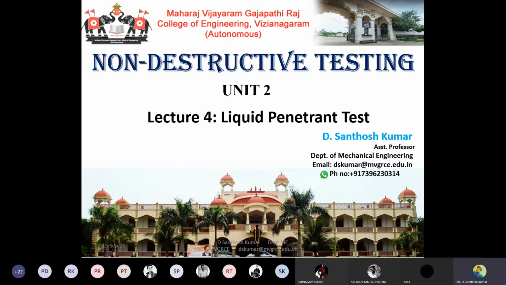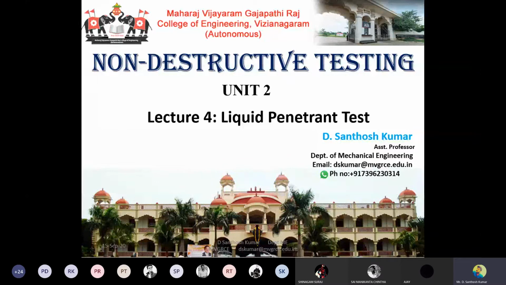In the last lecture, we discussed the visual inspection method. As I told you, you can do a few things using this visual inspection technique, but it has its own limitations, in the sense that you can only do certain external inspection of the external surface of the component. If you want to visualize something below the surface or underneath, then you need to use one of these NDT methods.